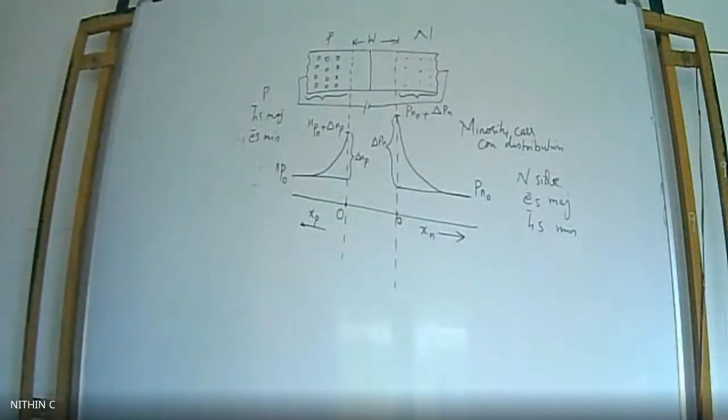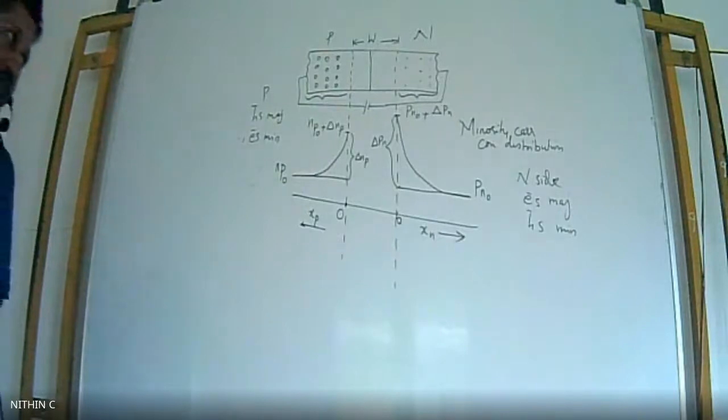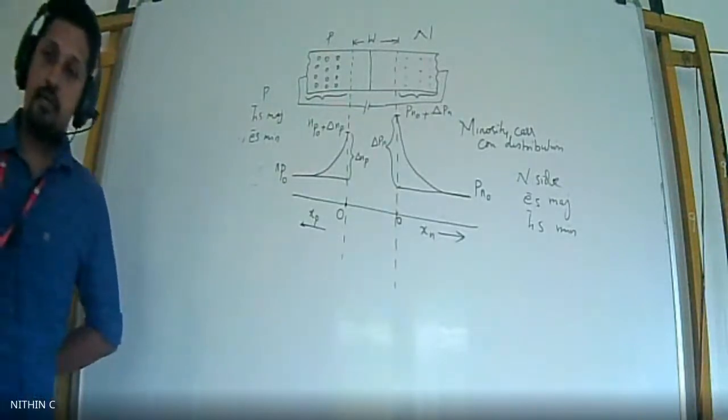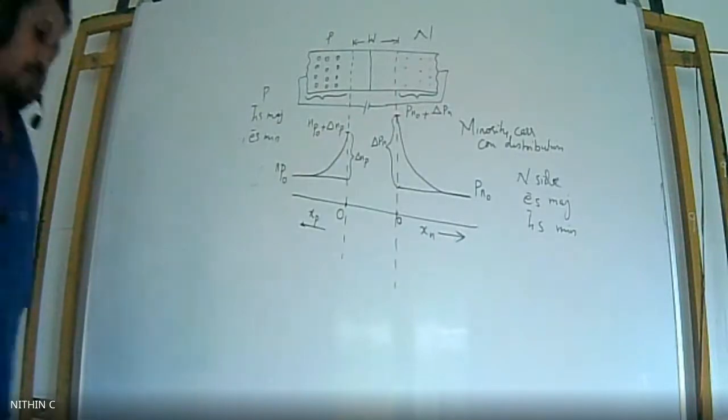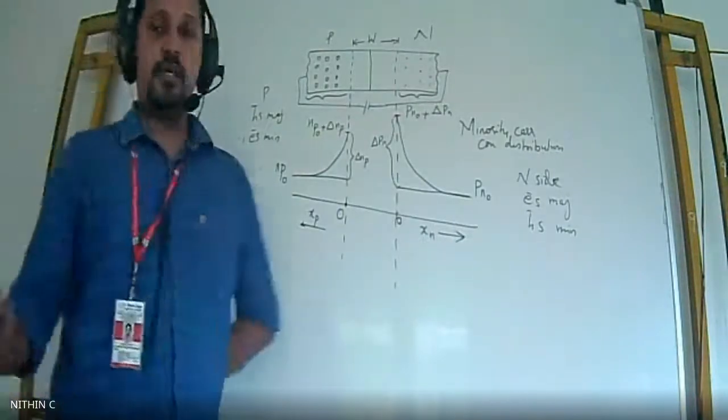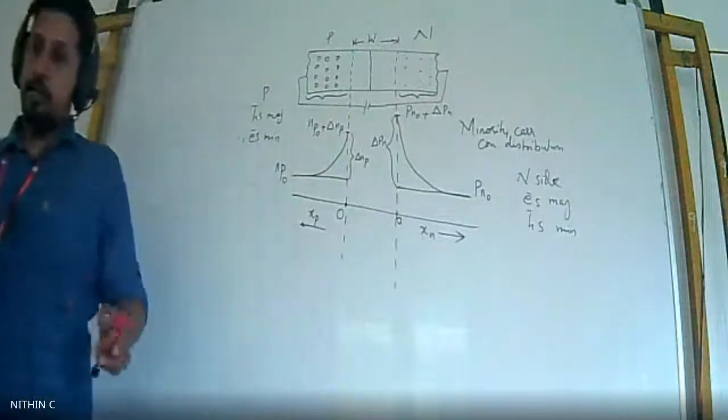So on the next step, you can write it by approximations 2 and 8. Just see what approximations 2 and 8 are. The second approximation states that the depletion region is completely depleted of mobile charge carriers. And the eighth assumption states that the P-N junction diode is in steady state condition. Since this is in steady state condition, the continuity equation for holes in the steady state condition can be written.